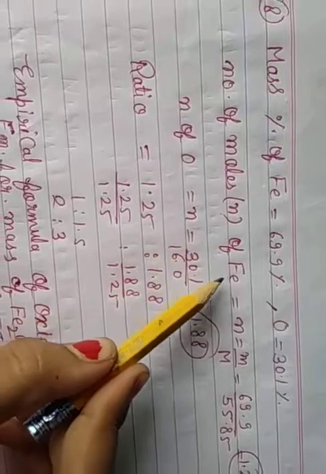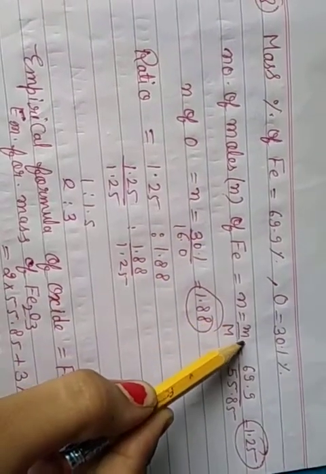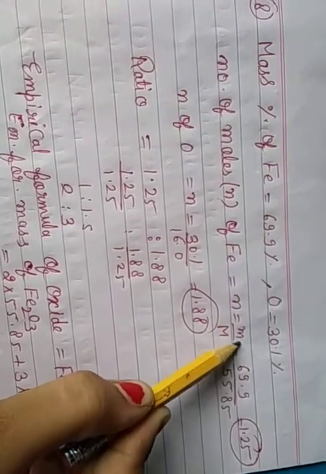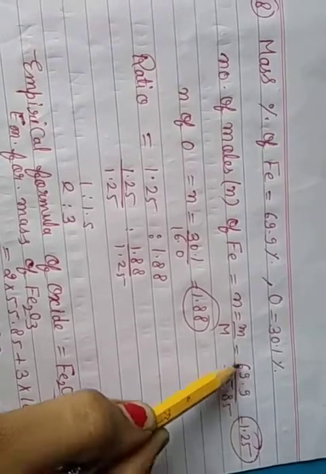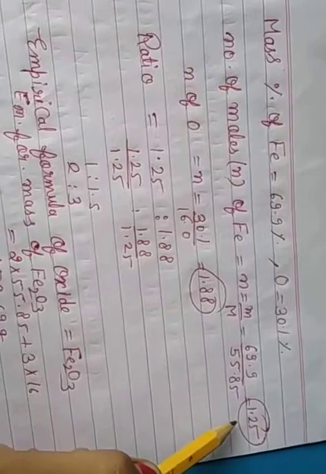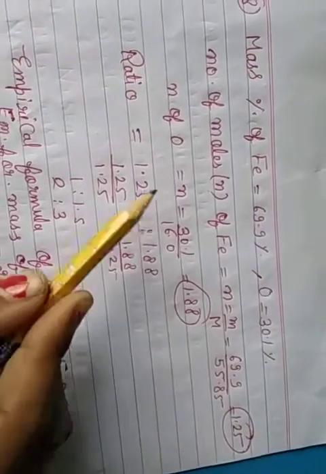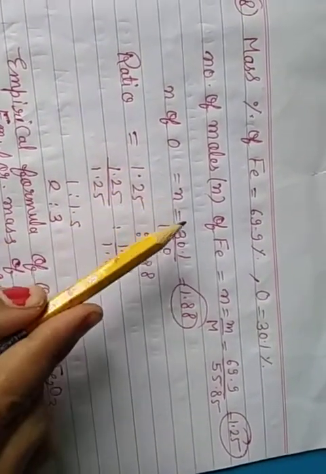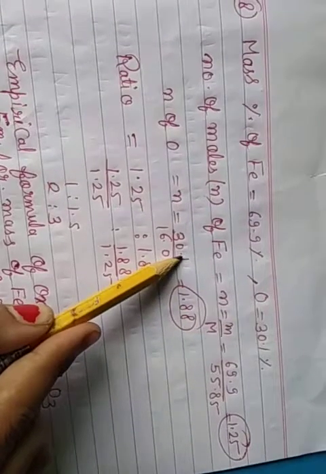So the number of moles of iron is equal to m upon M, given mass 69.9 and molar mass 55.85 of iron. So calculate, 1.25. Number of moles of the oxygen, so given mass 30.1 and then